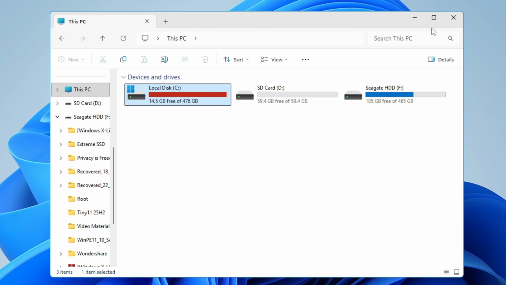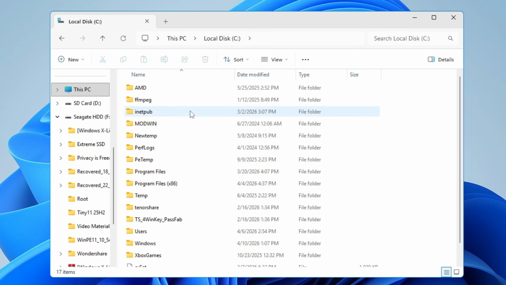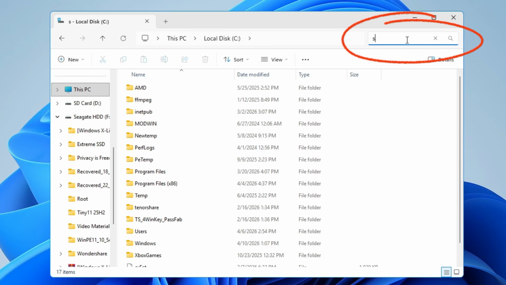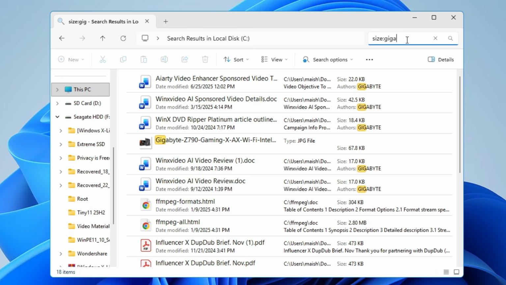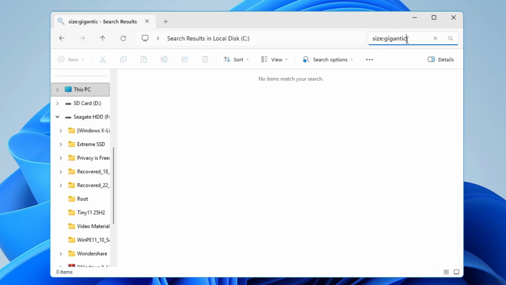space on your computer. Alright, so bring up File Explorer, open the C drive, and here on the C drive, at the right hand top where it says search local, you need to click on it and type here size:gigantic. Now what it will do is show you all the files that are above 5 gigabytes in space. So this way you would be able to find out the files that are taking too much space